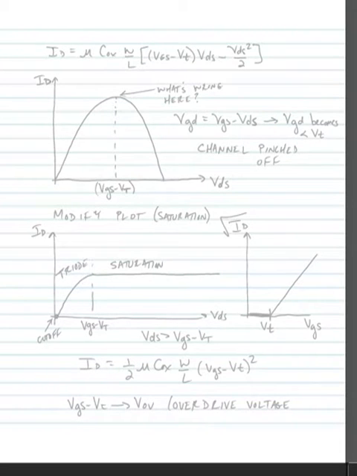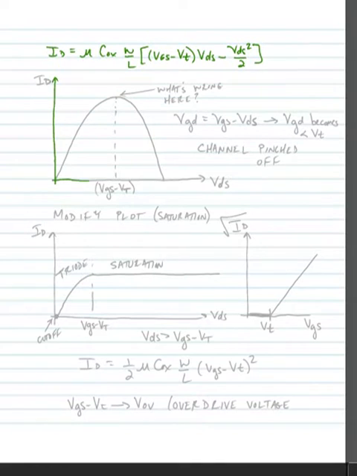We came up with an equation that looked like so. We have the drain current equal to mu times C_OX times W over L times (VGS minus VT) times VDS minus VDS squared over 2. Now, if we were to plot this